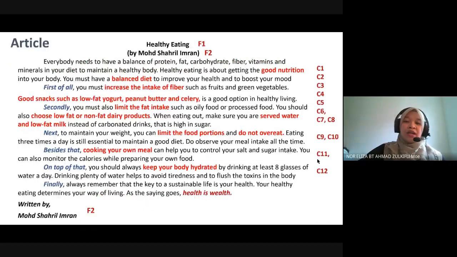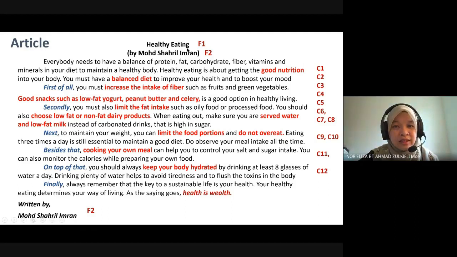Now we are going into an article here. Compared to the other writing, you have the informal letter. The format is 2 marks, and then the speech is also 3 marks. No, the format is 3 marks. But when you look at an article, normally the format is 2 marks.